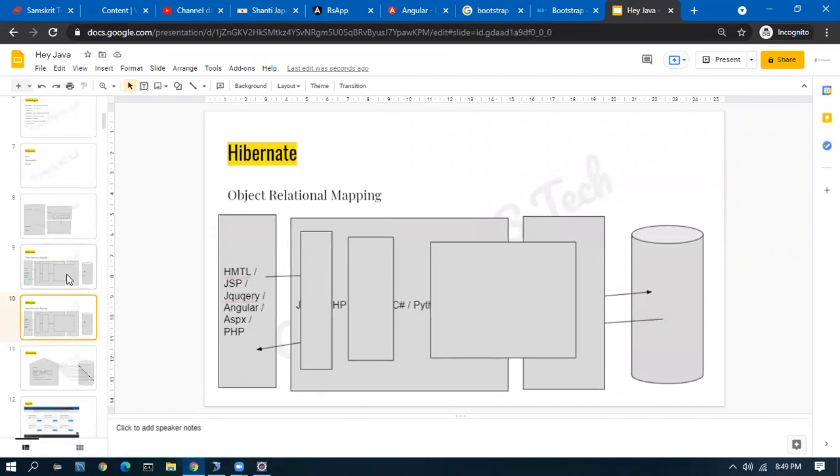Okay, so this is where we started. Any application will have a 3-tier architecture: the user interface layer, which can be in HTML, JSP, jQuery, Angular, ASPX, or PHP. The business logic layer, which can be in C#, Python, Java, or .NET, any technology.